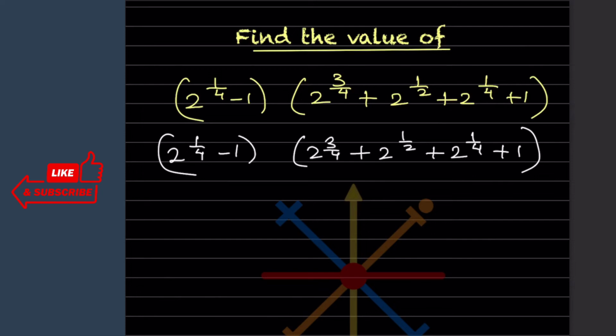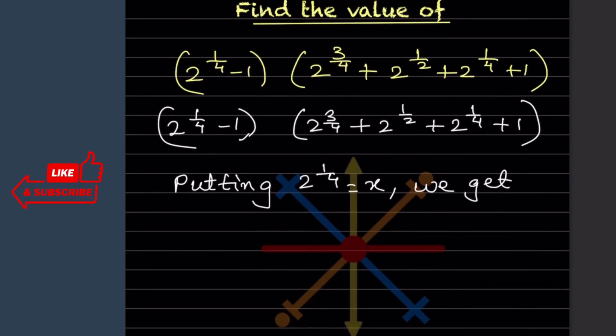Now what we can see here, directly we cannot find the value of this one, so we have to put some value over there. So what are we going to do? Let us take this 2 raised to 1 by 4 as x. So now the first bracket we will keep as it is, because we already have the 2 raised to 1 by 4. In the second one, see here,